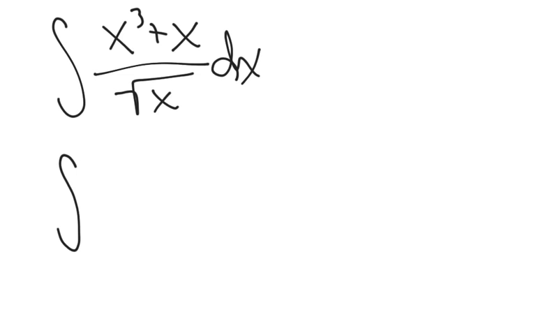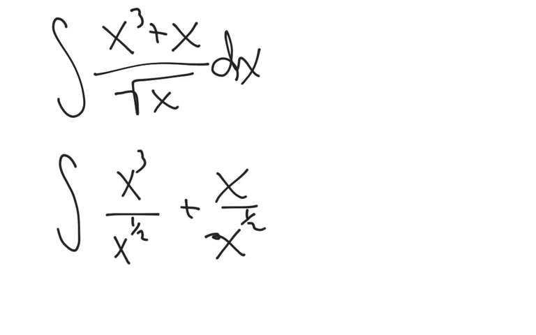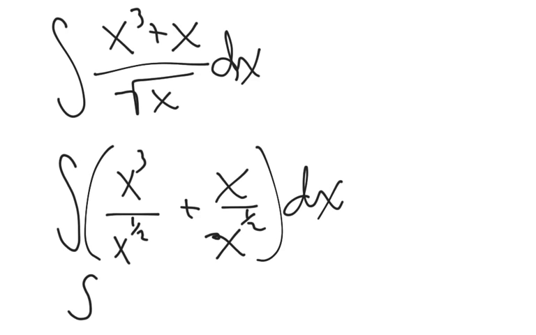If you just remember some algebra here, I can separate this into x cubed over x to the 1/2 plus x over x to the 1/2, and then of course dx. And from there, I can just use my laws of exponents to reduce, and this becomes x to the 5/2,